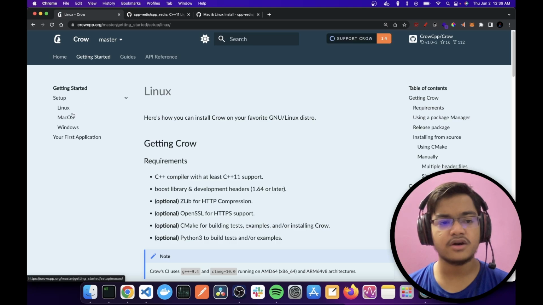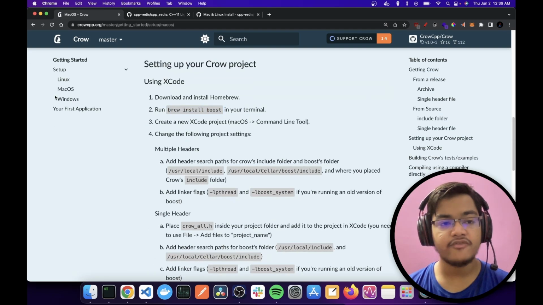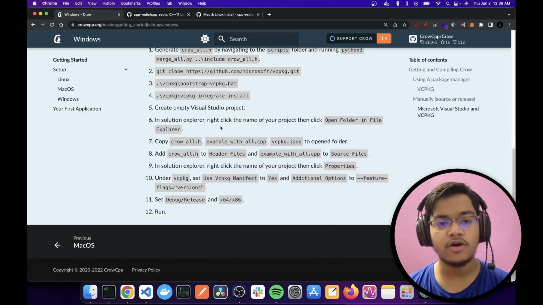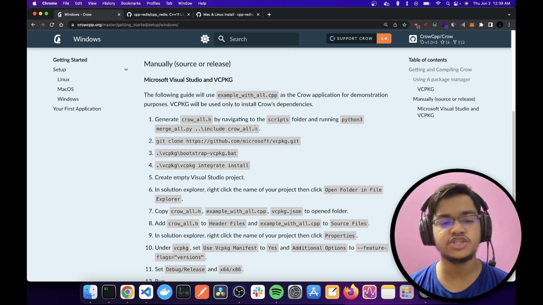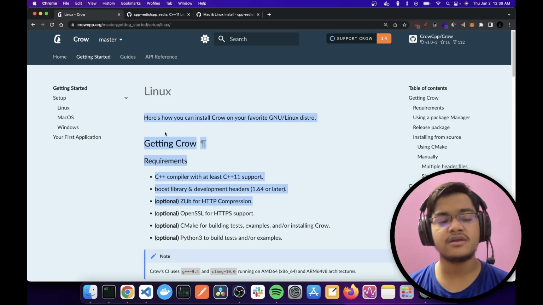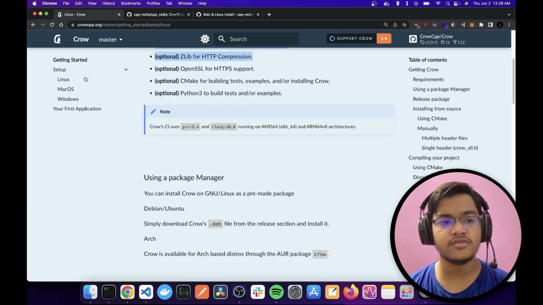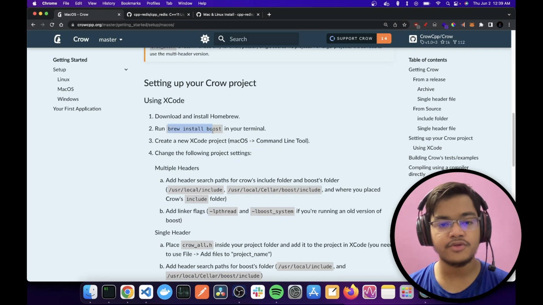So if you go to getting started, based on whatever system you have, if you have Linux, just install Boost. If you have Mac, again, just install Boost. If you have Windows, may God help you. Actually, you can try to navigate vcpkg. It's for Visual C++, I think, or you can just use Windows WSL and do the Linux way. I have a Mac, so what I did is brew install boost, and then my